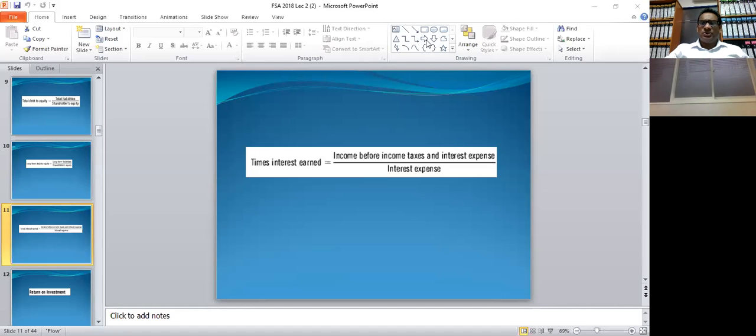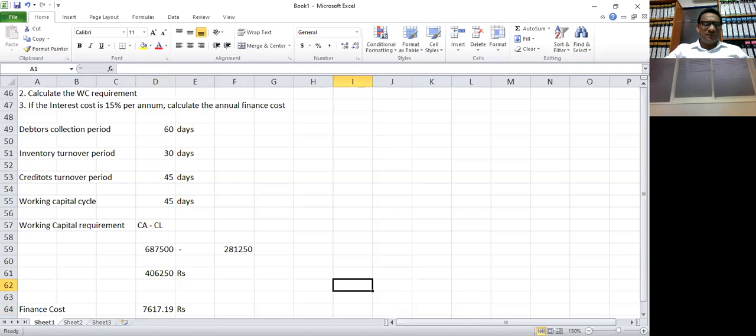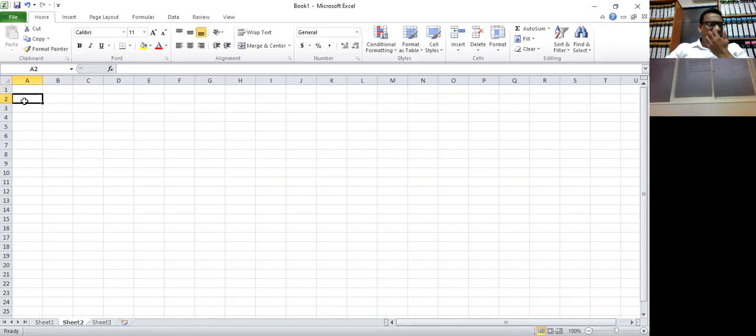Right. So again, let me go to the Excel sheet. Let me give you some figures. Now let's take for example, we calculate the gearing ratio in this way. This is the normal way we calculate the gearing ratio. We take long-term liabilities, LTL means long-term liabilities, and we divide by equity.